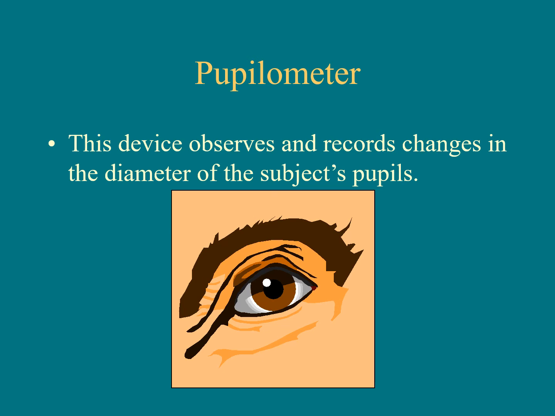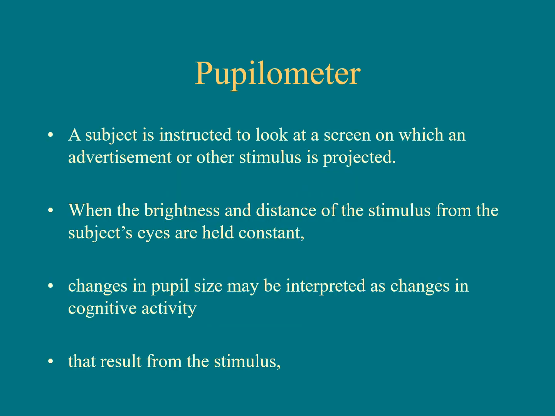Pupillometer. This device observes and records changes in the diameter of the subject's pupils. A subject is instructed to look at a screen on which an advertisement or other stimulus is projected. When the brightness and the distance of the stimulus from the subject's eyes are held constant, changes in pupil size may be interpreted as changes in cognitive activity that results from the stimulus,